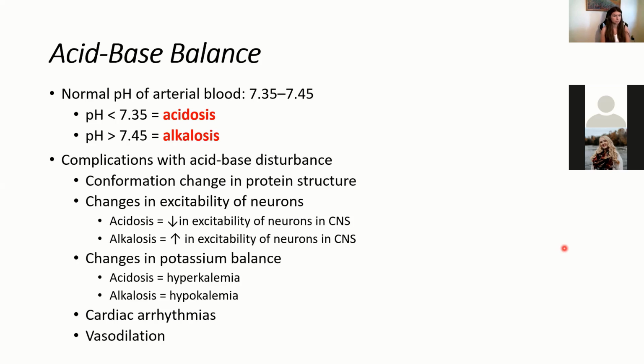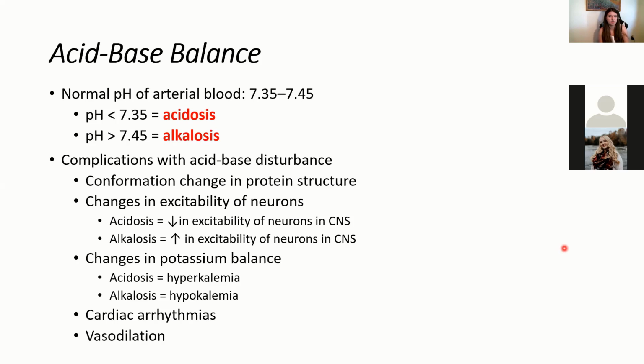Okay. But just a reminder, the complications with a disturbance to our acid-base balance, so a change from our normal arterial blood pH, are really due to the fact that they change protein structure. When you have a different concentration of hydrogen ions floating around, it messes with the shape of your proteins, which messes with their functions in all sorts of different ways, depending on what proteins they are. And honestly, we don't really know all the exact specifications of what's changing and how. Mostly we know that it causes really big problems and even death. But some of the